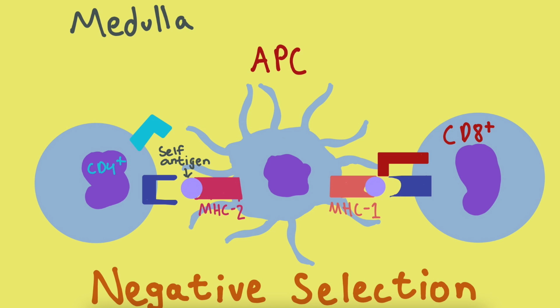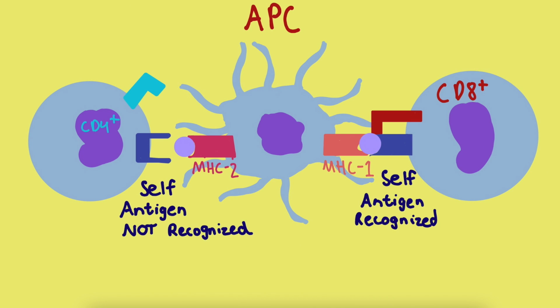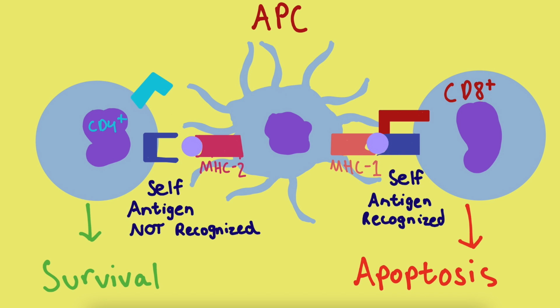Negative selection occurs in the thymus medulla, in which T cells must not recognize the self-antigen of the body cells. CD4 and CD8 receptors become positive. CD4 positive cells are introduced to MHC2 proteins, while CD8 positive T cells are introduced to the MHC1 proteins. If the CD receptors recognize the self-antigen, they experience apoptosis, which is crucial in eliminating T cells that may cause